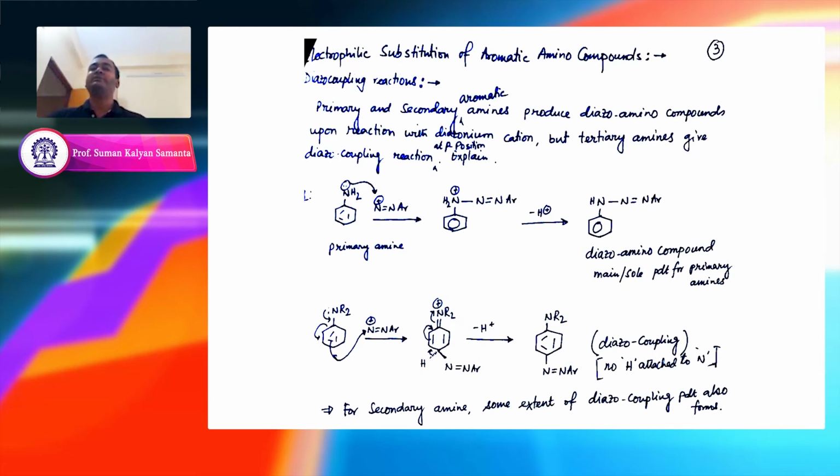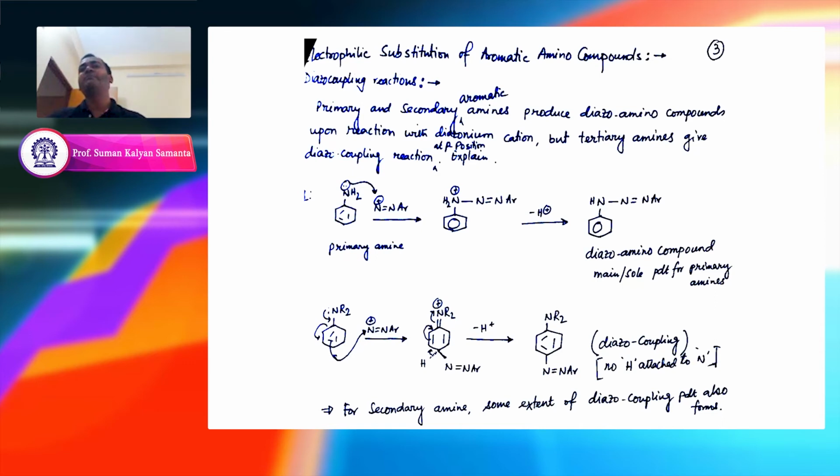Now, kinetically also, they have done the kinetic studies. What they found is in the first step, if we talk about this tertiary amine, the first step where this diazonium cation is actually reacting is basically the rate determining step. It is the same also for the phenol case. So the first step, not the CH cleavage step, is your rate determining step. So what would be the rate equation? The rate equation would be k, concentration of your amine and concentration of your diazonium salt. It's a second order reaction.